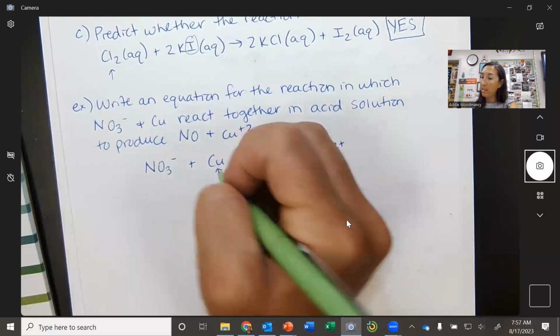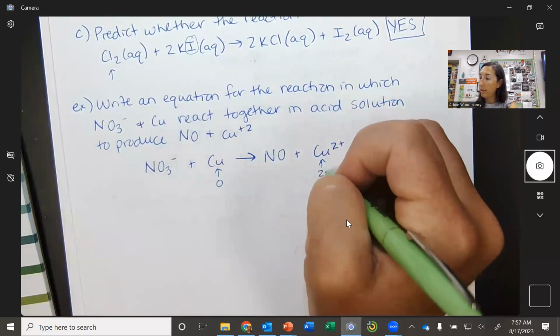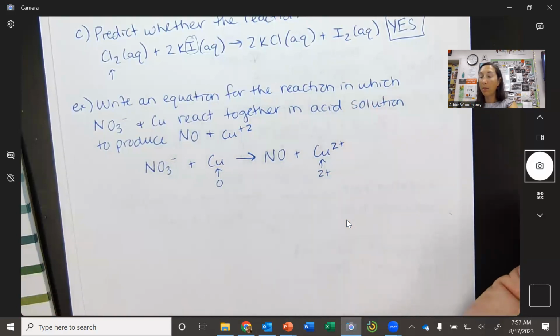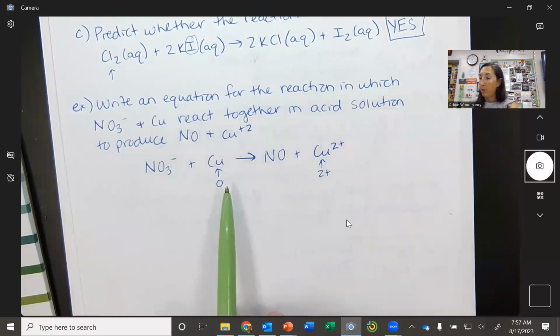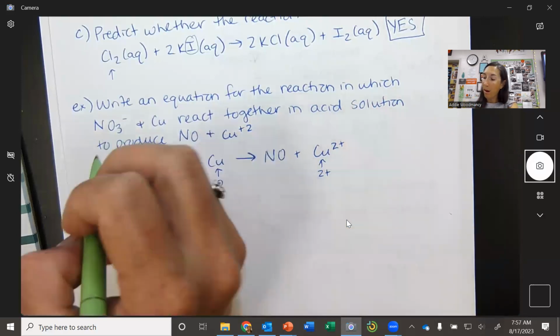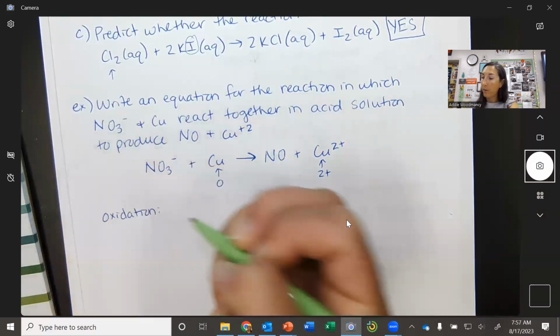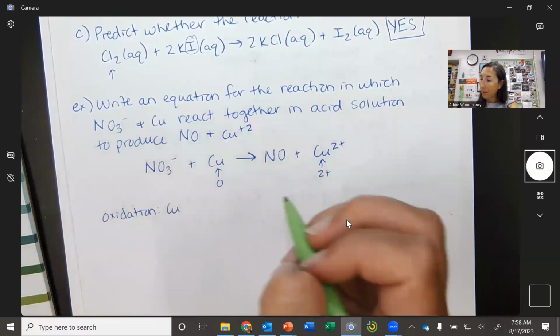So copper, we can see, goes from 0 to 2+. So is copper being oxidized or reduced? It's going from 0 to more positive. So that would be oxidation. So this is going to be your oxidation half equation, is taking copper